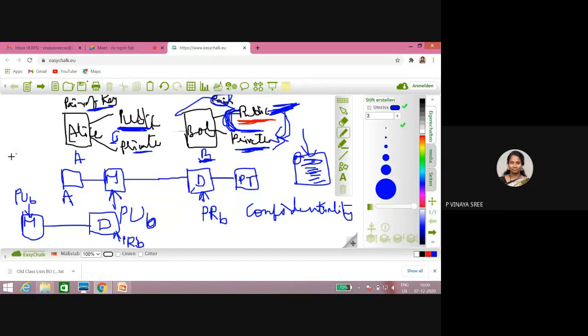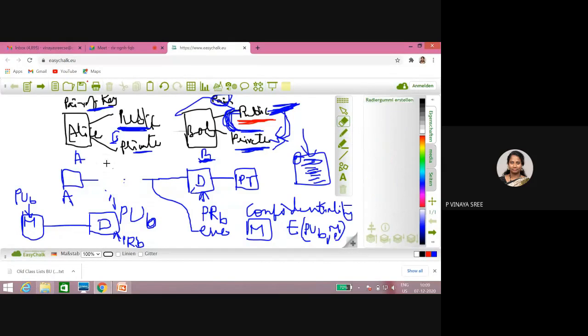So whenever in the middle, let us consider Eve a hacker. Eve is receiving this message. This is already in an encrypted format, which means it is encrypted with PU B, comma, your plain text message. Eve can read this message only if Eve knows the private key, but it is not possible for Eve to guess the private key of Bob. So in this way you are providing confidentiality.